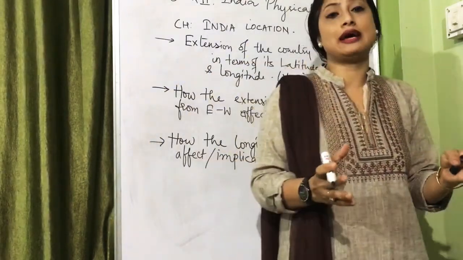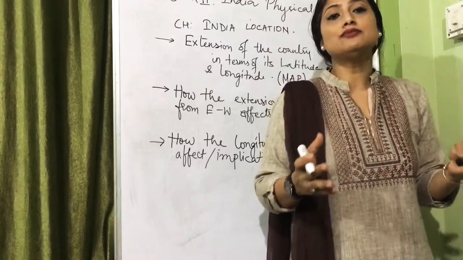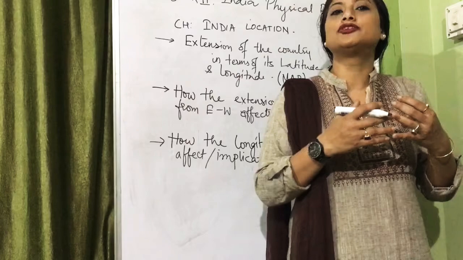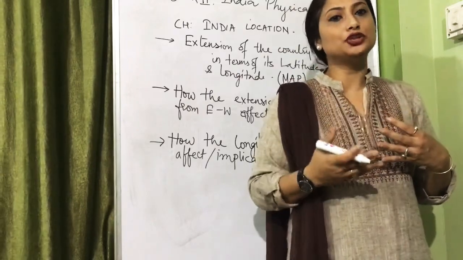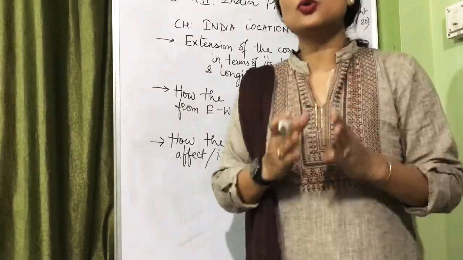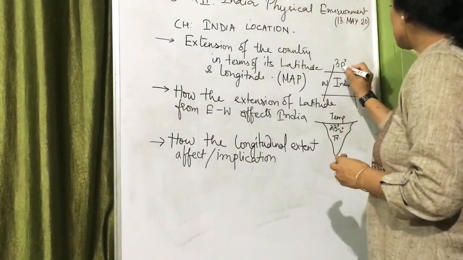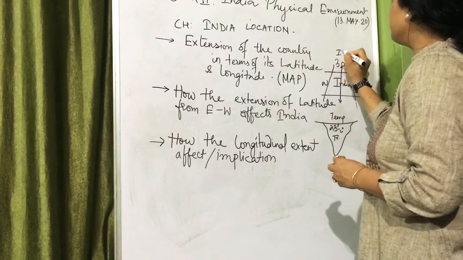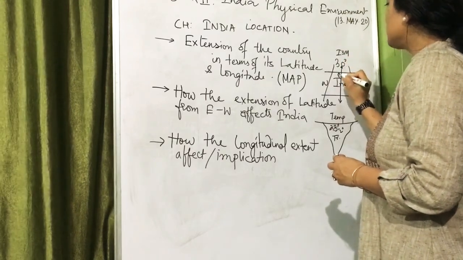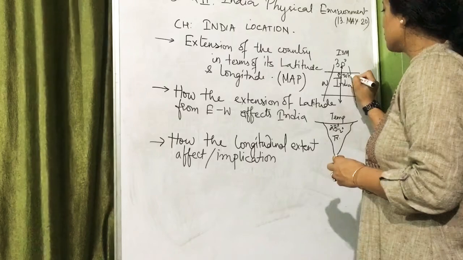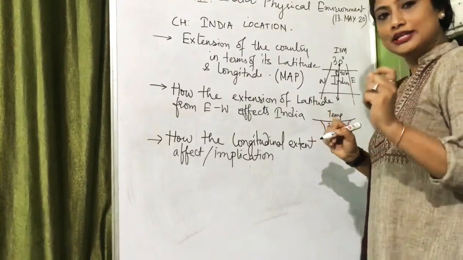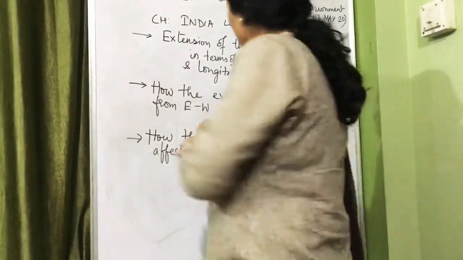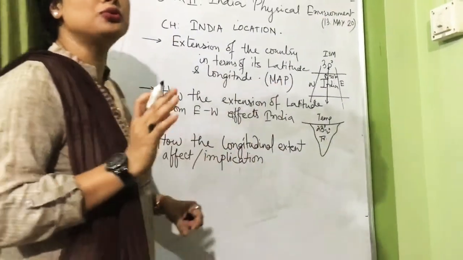But we cannot have many time zones in our country, because it will create confusion regarding the train schedule, regarding the flight schedules. So we need to have one common time zone, that is, we have chosen the central meridian of India as our Indian standard meridian, and it is 82 degree 30 minute east. So you should know the importance of 82 degree 30 minutes east longitude for our country. Moreover, you will also find there is one question related to,